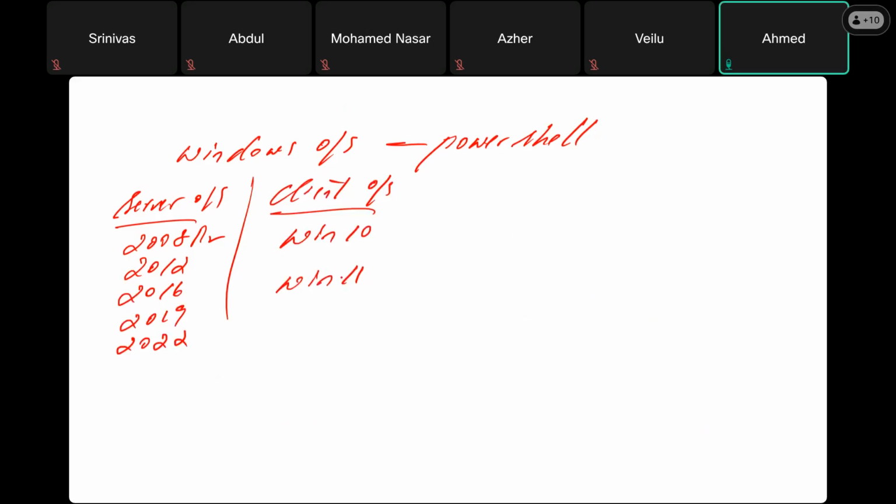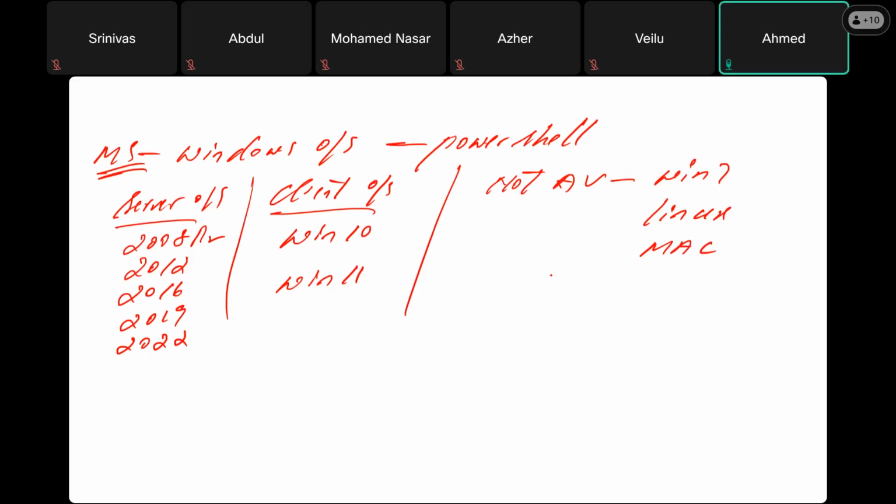So if you want to use PowerShell, in the Microsoft Windows operating system, it is by default available in Windows 10 and Windows 11. If you go to the start menu, you can search for PowerShell and find it available. On the server side, it is available in 2008 R2, 2012, Server OS 2016, 2019, and 2022, guys. But PowerShell is not available in Windows 7 OS. In the Linux operating system, it's not there. In the Mac operating system, it's not there. But if you want to use it in these operating systems, we have to go to Google and download Windows